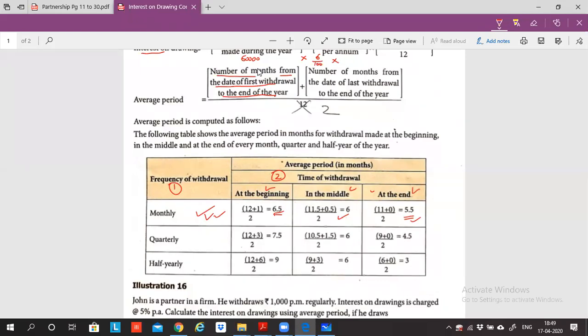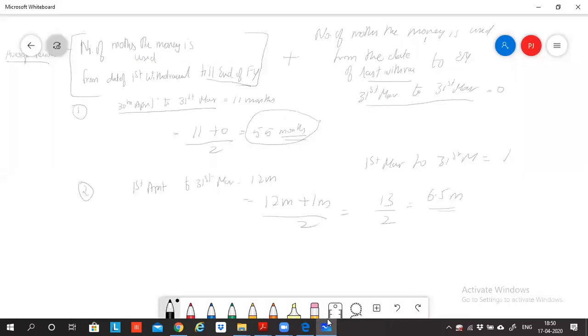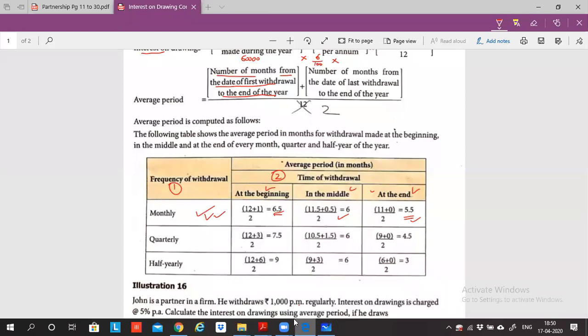I have a doubt, sir. Yes, Kana. Sir, where did that 1 come from, sir, at the beginning of the month? This one you're talking about? 12 months plus 1 month. Okay. So there are two formulas, right? If you see the formula, I have two formulas. I need to find out this data and I need to find out this data. And these two data will add and divide by 2, correct?